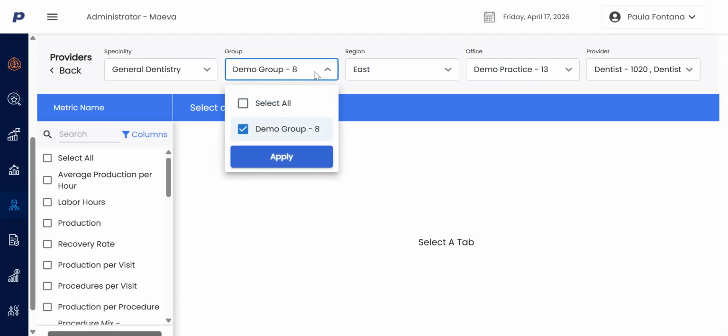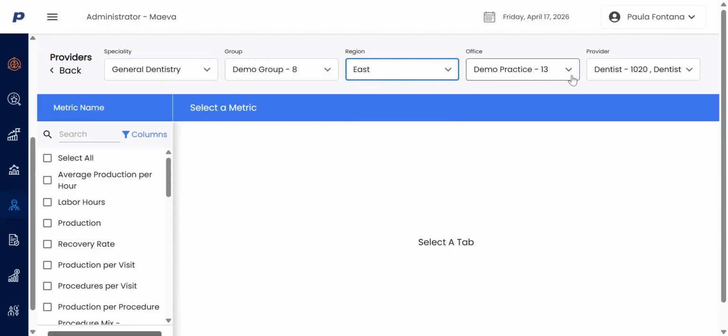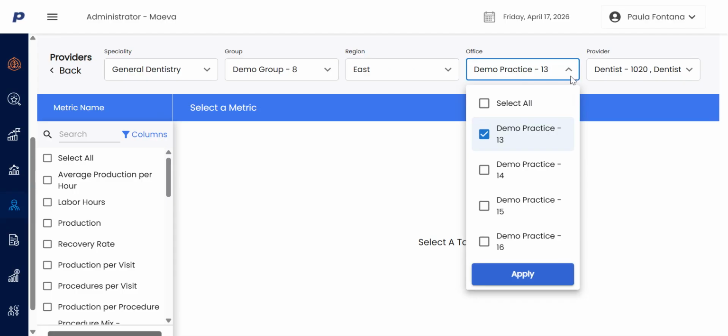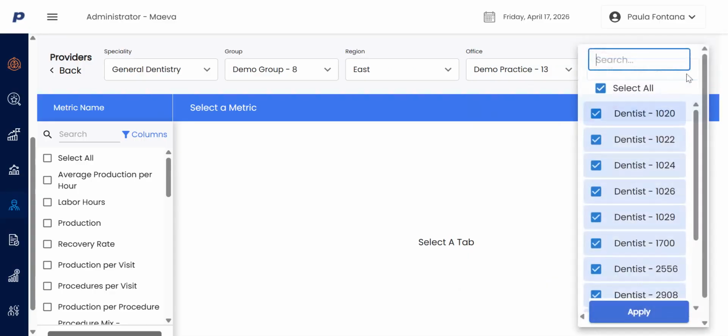Your group name, your region, and the particular office location. If you have multiple locations, I stick with lucky number 13. And over to the far right, you'll see a drop down of all the providers that are associated with that particular practice location. You can select one or many or all of these, depending upon the view that you want